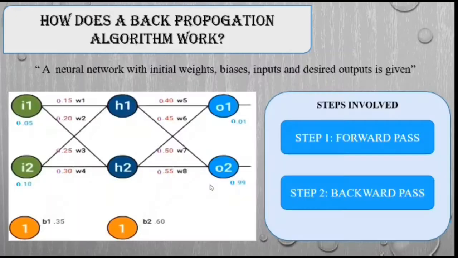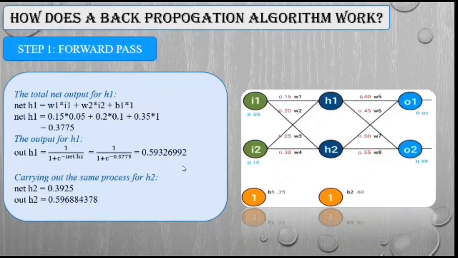Up to now, we saw the theory behind the backpropagation, and now let us understand the math behind it. Here is the neural network where we have the inputs as 0.05 and 0.10 and the outputs 0.01 and 0.99. To obtain this result, there are two steps involved in this backpropagation. One is forward pass and the other one is backward pass. In forward pass, we'll go from the input layer to the output layer, and in the backward pass, we'll go from the output layer to the input layer and update all of these randomly initialized weights. Now, let us see the math for it.